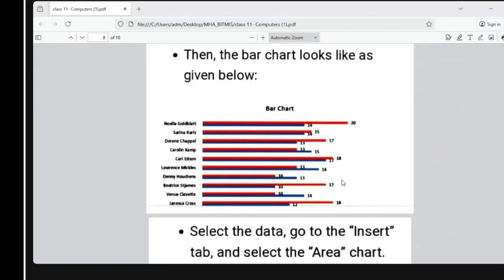Bars are narrow lines which are attached to each other. In this way, you show your tables in the form of bars. Janessa Cross has got 12 marks in maths and 18 marks in English. So it has been shown in this way, which is another way of representing that data.